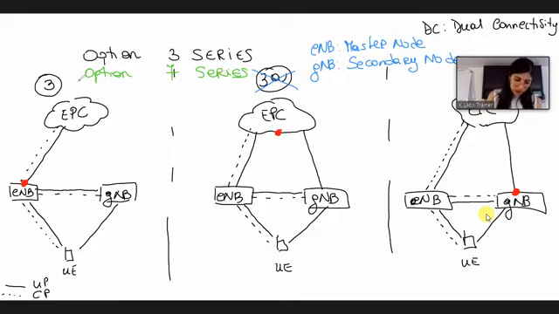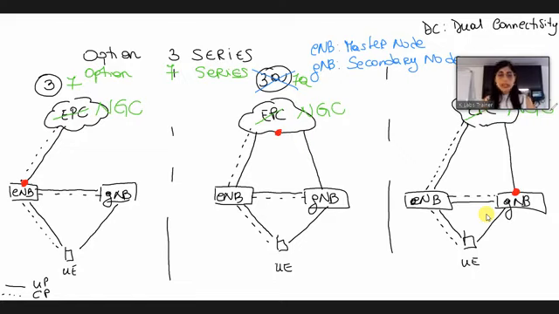So with option 7, option 7A or option 7X, we have more or less the same structure, but instead of the evolved packet core, we have the next generation core, which is the 5G core network. We are going to discuss the 5G core network in a while.